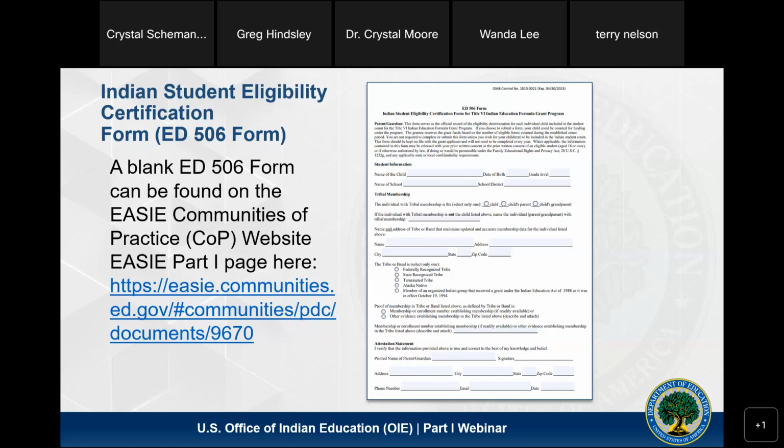An Ed 506 form must be completed in full and signed and dated by the child's parent to certify an Indian student's eligibility for the program. A separate Ed 506 form is required for each Indian child. A new Ed 506 form does not have to be completed each year of enrollment in the LEA as long as a signed completed form is on file and there is documentation that the student was enrolled during the count